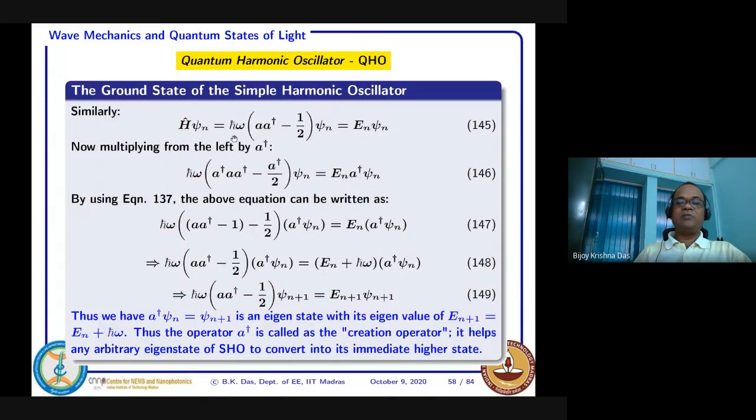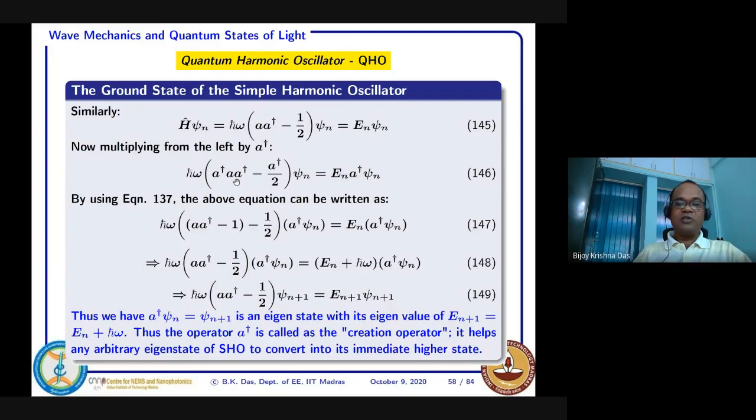Okay, this is ħω and ψn, and then again you left multiply with A dagger. Earlier you were using another Hamiltonian and multiplying on the left by A only, but here it is A dagger. So you process it the same way. After the multiplication, as if you are getting A dagger ψn, which is what you wanted to find. What would be the ultimate thing you will get?